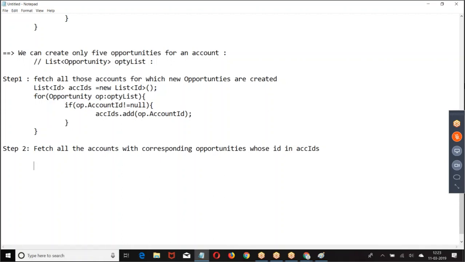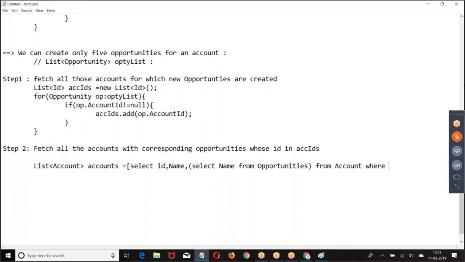Now, corresponding opportunities, how did you get it? List of accounts, opti list equal to list of accounts. Opportunities from account where ID in